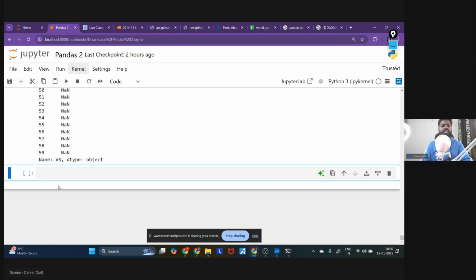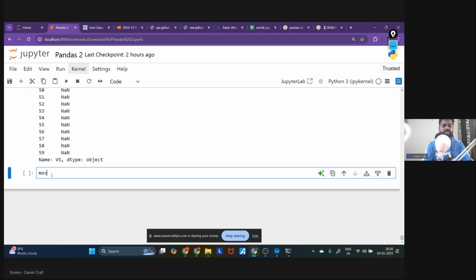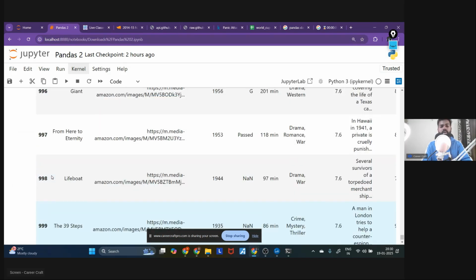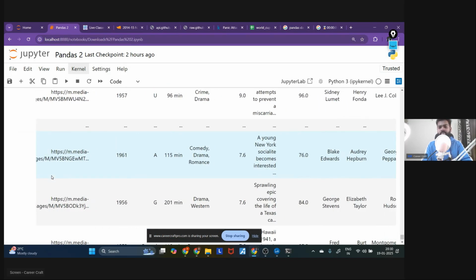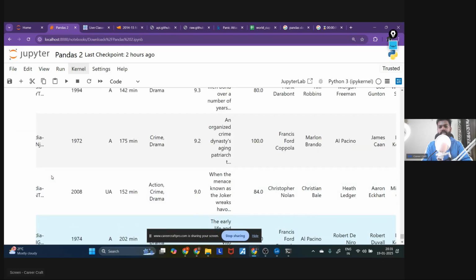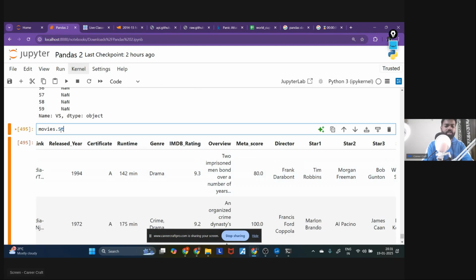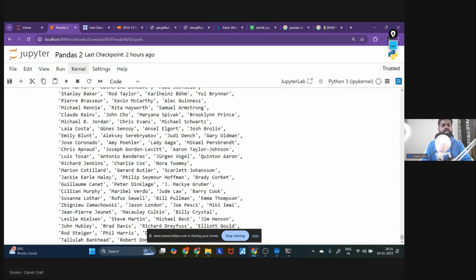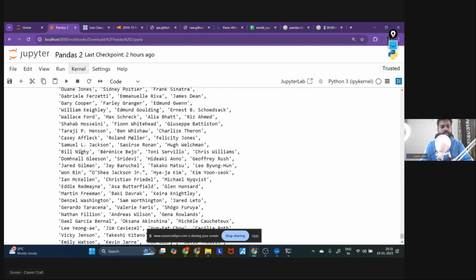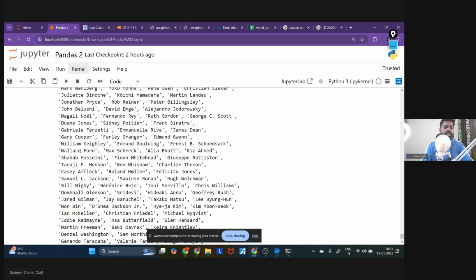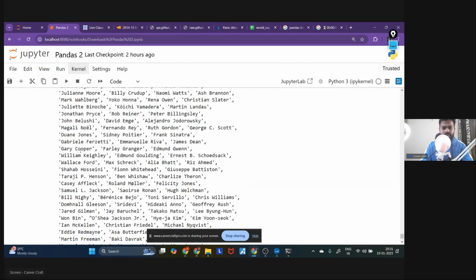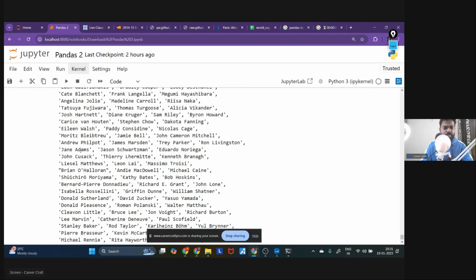Similarly, I will give you another question so that it makes sense. So let's say this is the movie column. Now in this movie column, let's look at director, so movies dot star one. I will give you one more question, which will be interesting to solve. Star one unique. So here, these are the star one values. Now you have to find out in how many movies